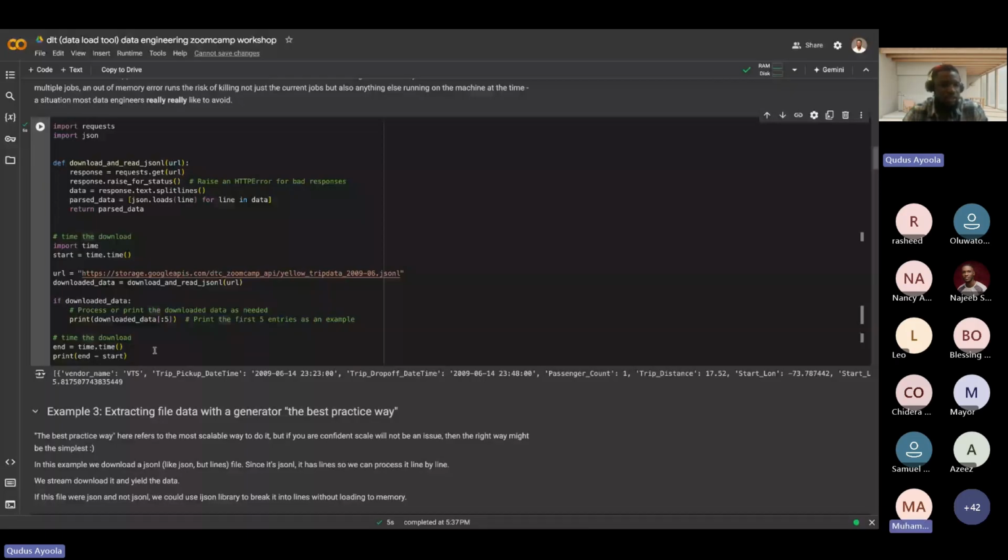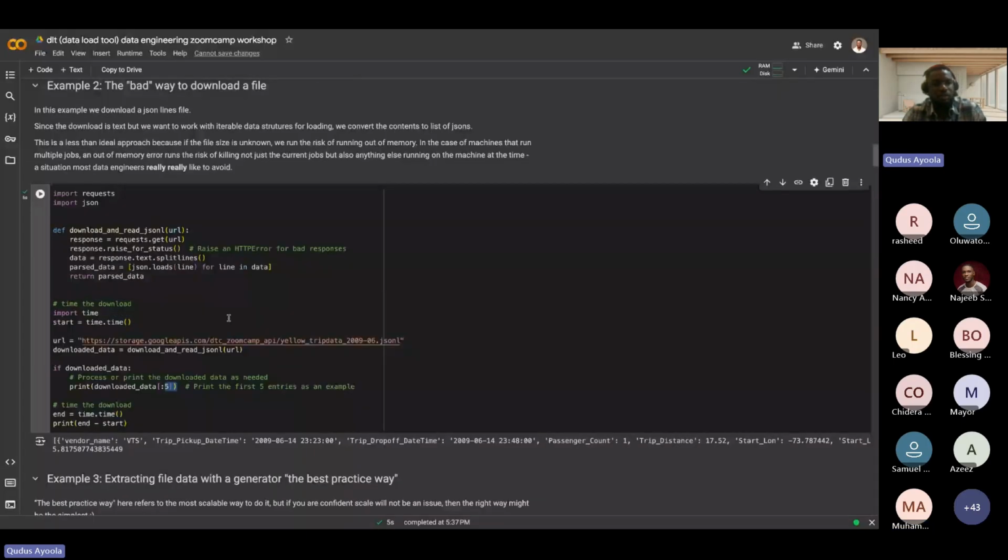So it will wait for all the JSON files to get appended into this list, then you can read your first five rows. That means it's loading all your data from the source system, then you are reading the first 5 rows. This can typically make you run out of memory when you are working with a very large amount of data.